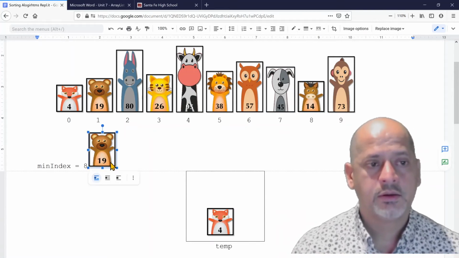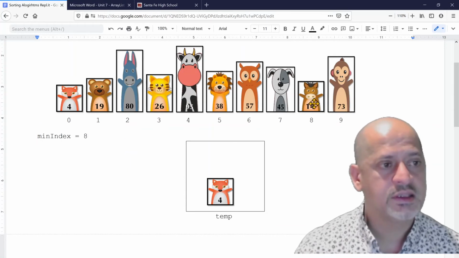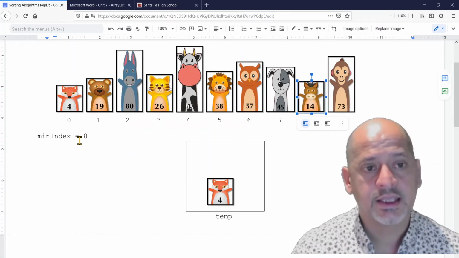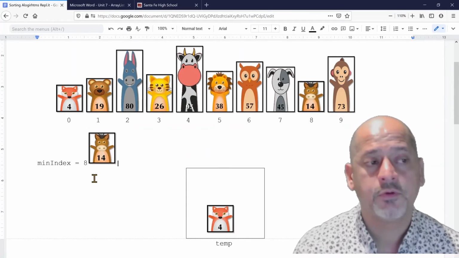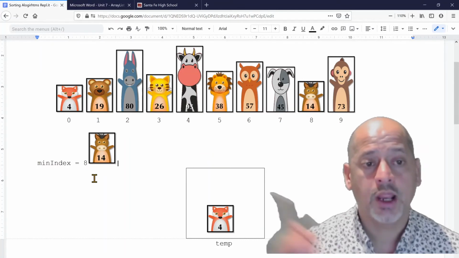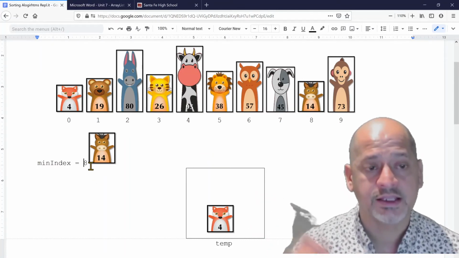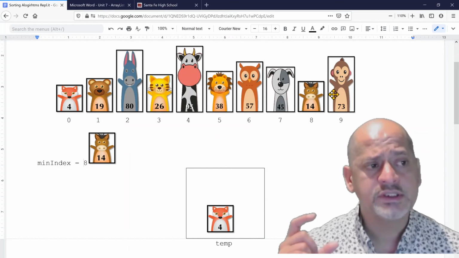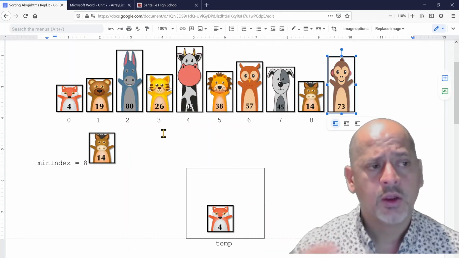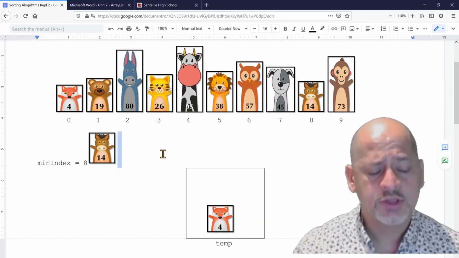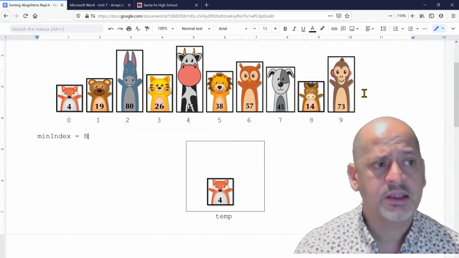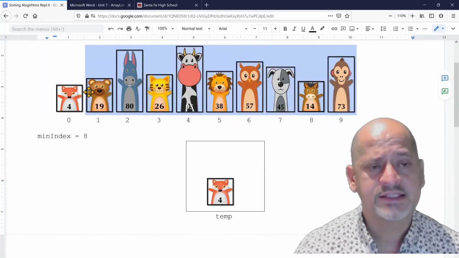So therefore, our smallest element is on index 8, and I'm just going to keep a copy of it for visual representation. But we are only keeping track of the index. And now we continue our inside loop. 73, no. Our inside loop ends, so therefore we know that our smallest element is on index 8, and now